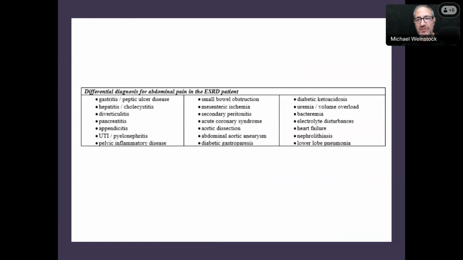So I'm going to start things off here and throw the first question out to Cody McCoy. And this is a long differential for abdominal pain. But Cody, I thought if you could just detail for us the way that you would work through a differential for not just abdominal pain in the ED, but abdominal pain in patients with end-stage renal disease.